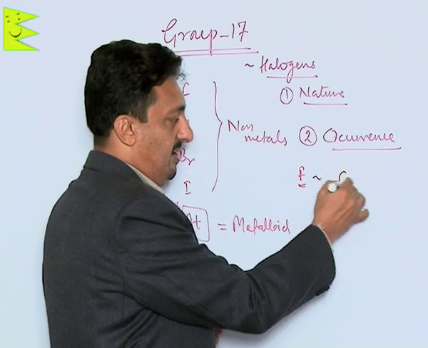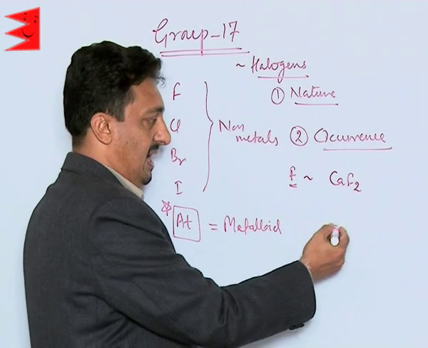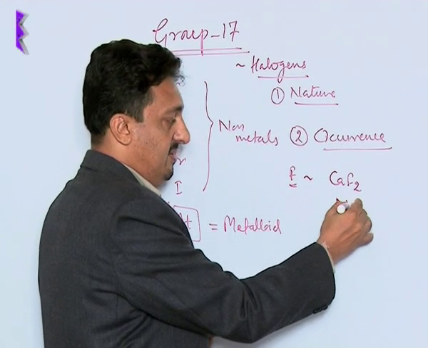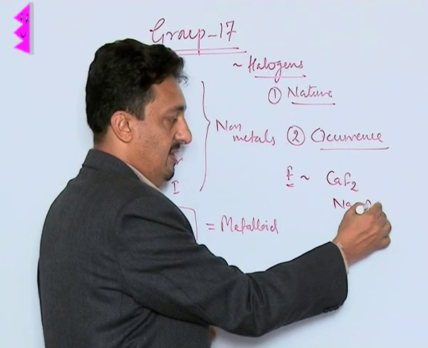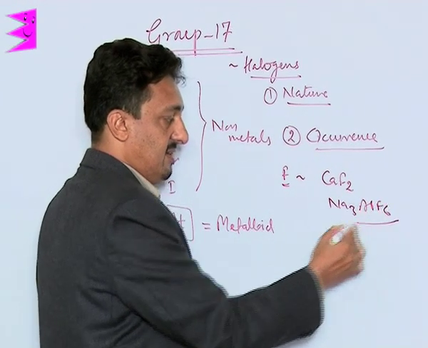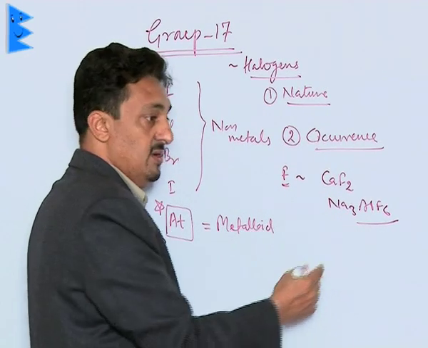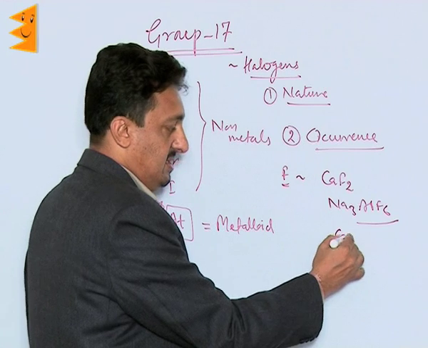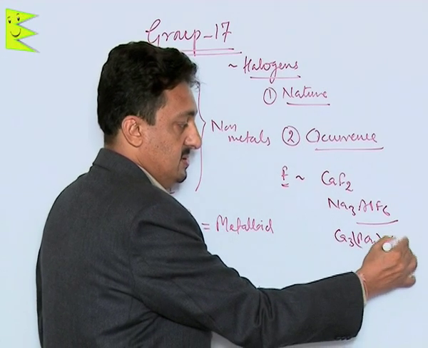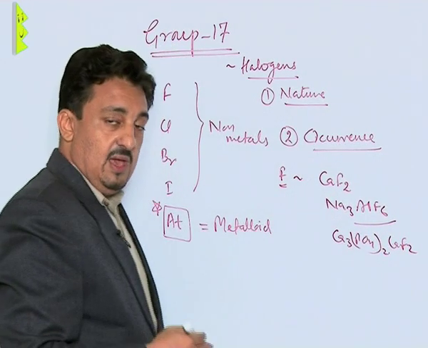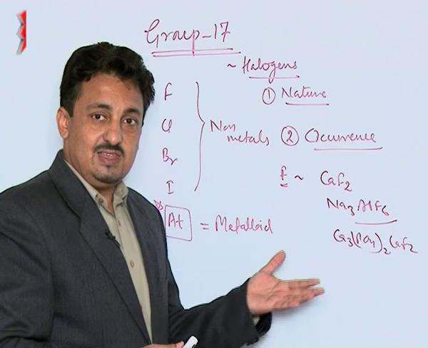Its major salts are fluorospar CaF2, cryolite Na3AlF6, and it also exists in the form of fluorapatite, which is calcium phosphate and CaF2. Along with this, a small quantity of fluorine is also available in soil, in the teeth and the bones of